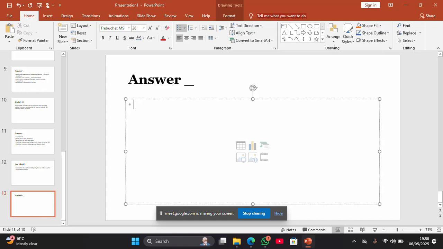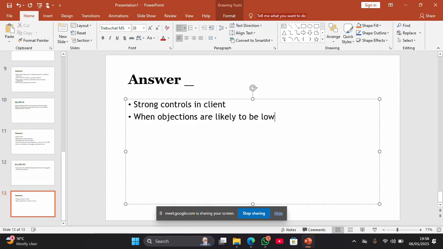So allow me to say, when do you use negative circularization or confirmation? When the client is judged to have strong or effective internal controls. Also, when objections are likely to be low. You understand? When you have concluded that objections are likely to be low, because for instance,